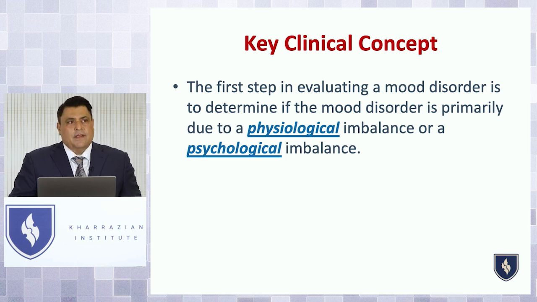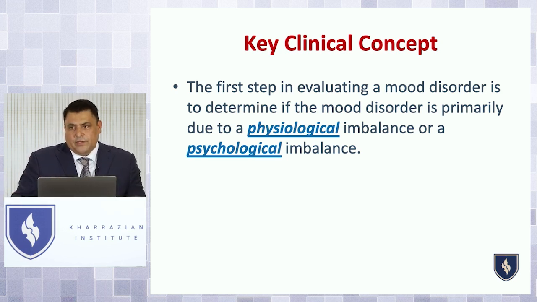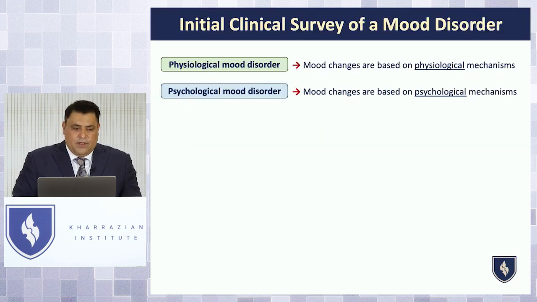That's another concept. So not everyone that has the same amount of stressors in life is going to have the same impact on their physiology to cause a mood disorder. And what's going to determine that is their resiliency. But there are times where the situation is primarily psychological, right? Now, a physiological mood disorder is based on a physiological mechanism. Psychological is based on some other type of mechanism that's impacting their well-being.